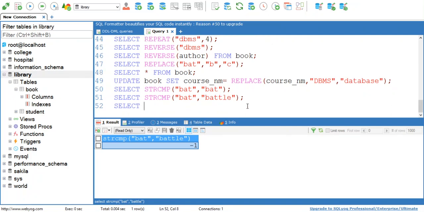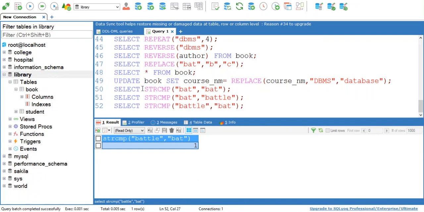Now again see another variation. Now my first string is battle and second string is bat. What will be the output? Execute this. Output is 1. It means that first string is greater than second string.